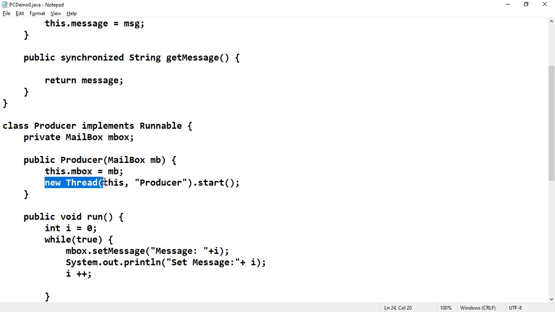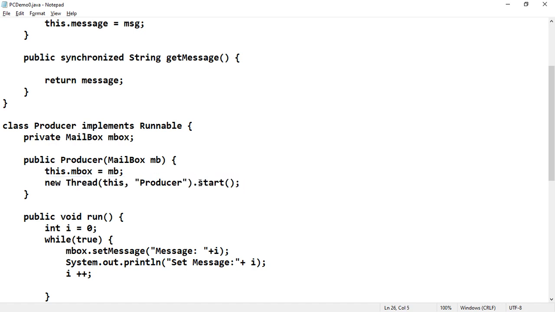So here a new Thread of this, in the sense, this means the producer instance, and to indicate the name, a string is passed which is called "Producer", dot start. So within one line, instantiation and thread start were done. That means whenever you instantiate the Producer class, automatically the thread will be created and started.